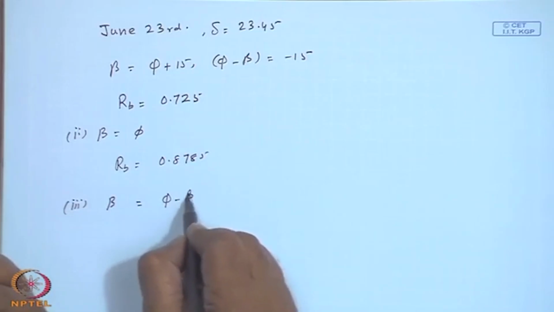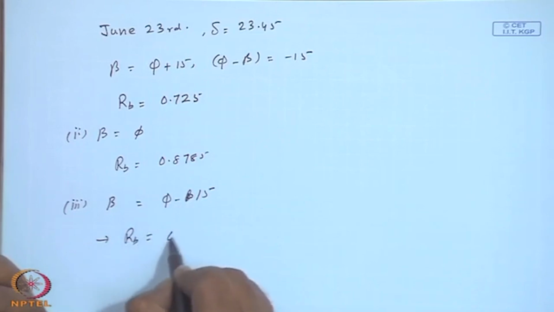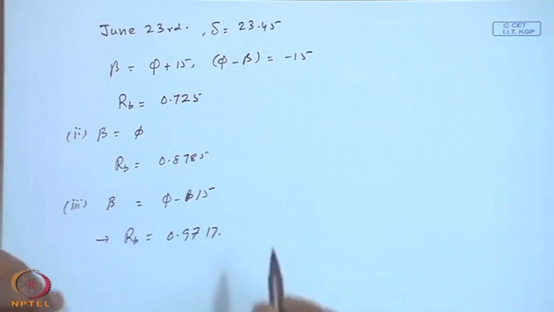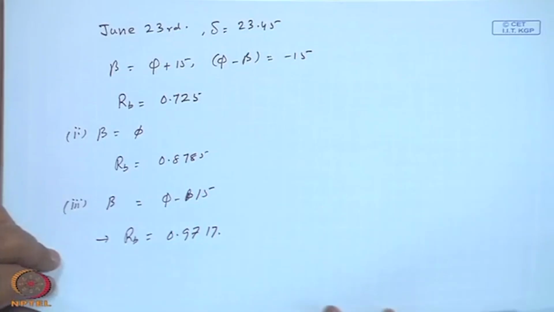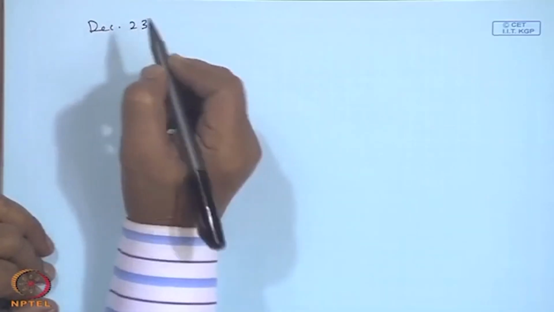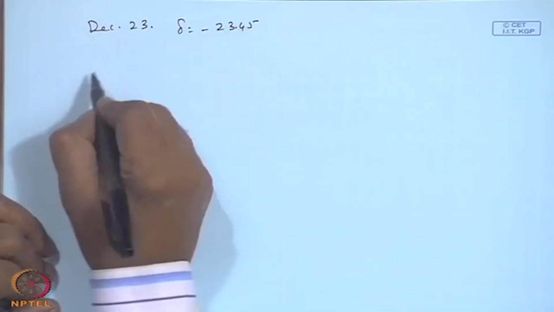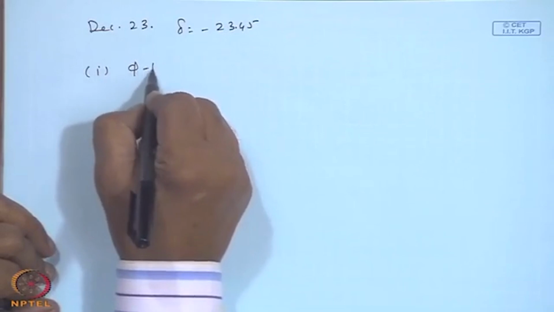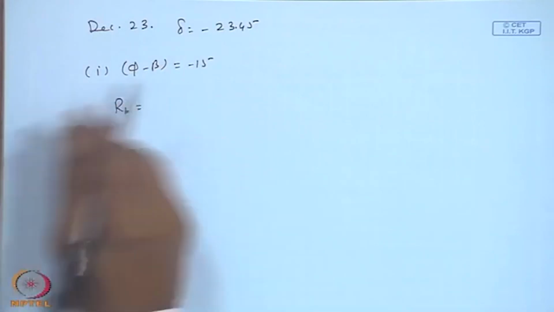Phi minus 15, and this gives rise to RB 0.9717. One thing that has come out clearly, compare it to March 21st, June 23rd has poorer RB for these orientations. And if you go to December 23rd with a declination of minus 23.45, for the first case of phi minus beta equal to minus 15 you will have RB